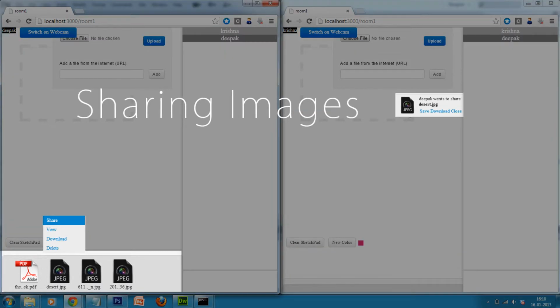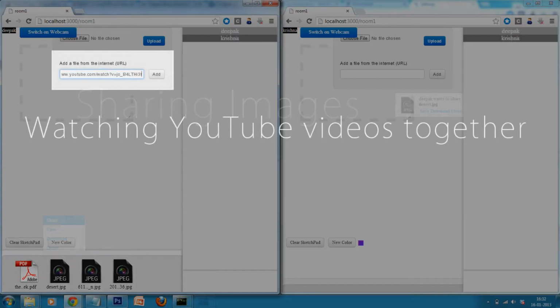A notification then pops up on the screens of all the other people connected to the platform. This notification allows users to either save the file to their account on the system or to download the file directly to their computer, or to simply ignore the notification by clicking on close.